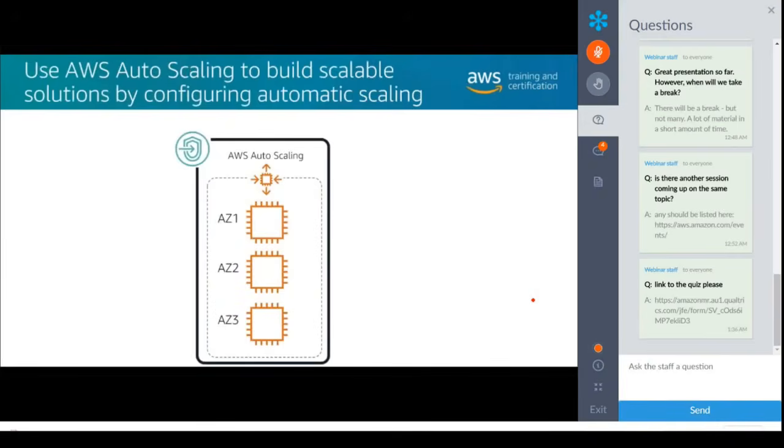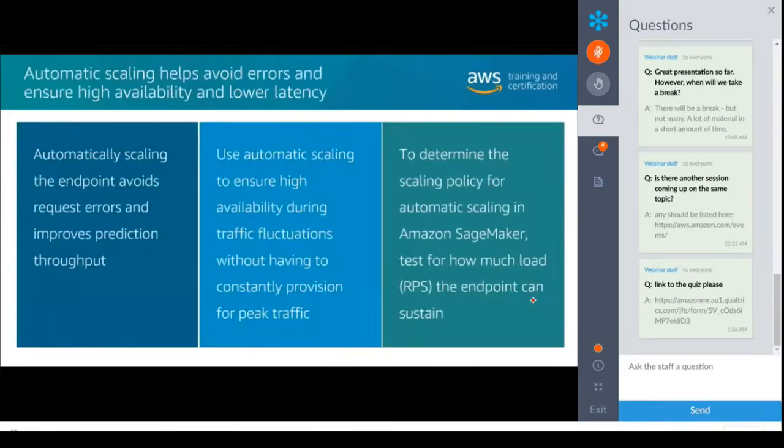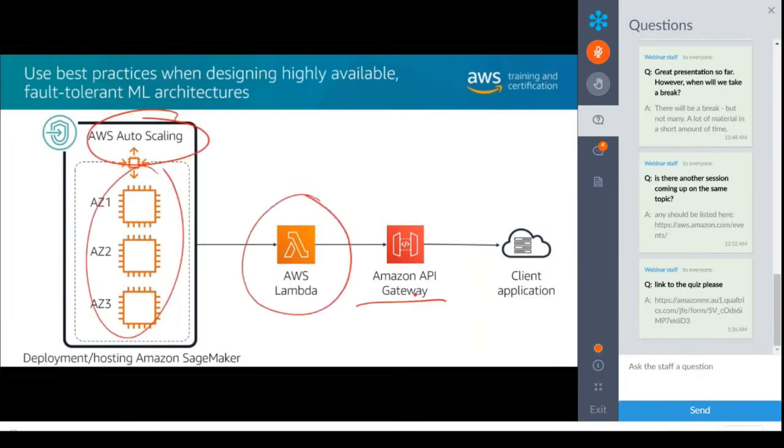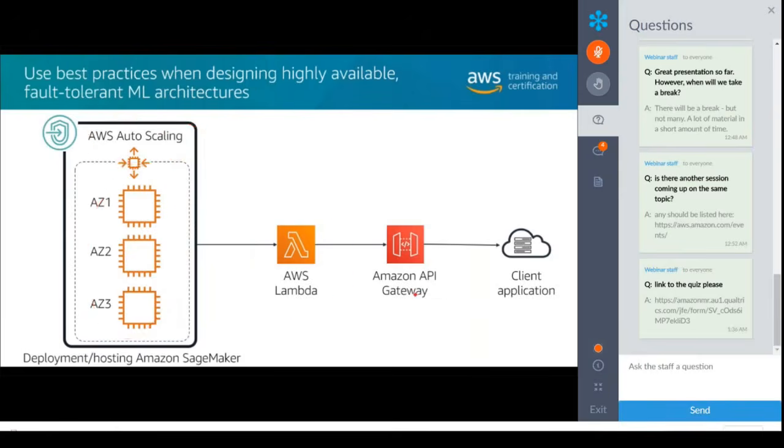Of course we have auto scaling behind the endpoint, so that's no surprise there. Auto scaling helps you to avoid errors like undersizing or oversizing your instances, and also respond to changes in workloads, plus give you the resiliency you want with redundancy. So best practices when designing HA, consider auto scaling as a way to manage your endpoints. Use managed services like Lambda sitting behind API Gateway, because these are fully managed, right? You don't have to worry about HA in these cases. Otherwise, this is completely up to us to take care of. And for your endpoint, you can use SageMaker for this, right? SageMaker is taking care of all this for you, so you're not